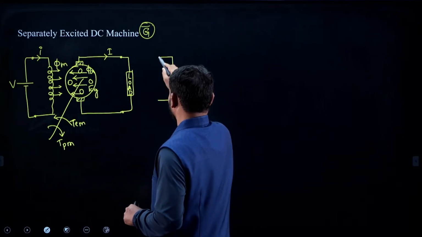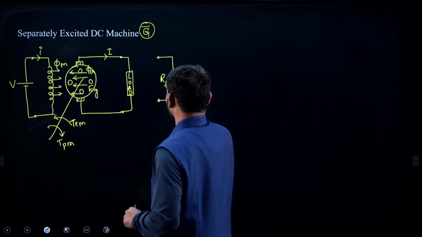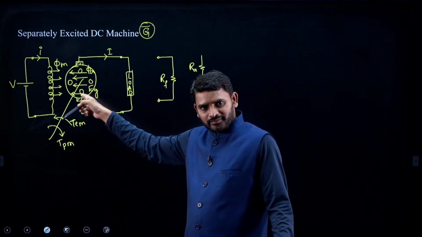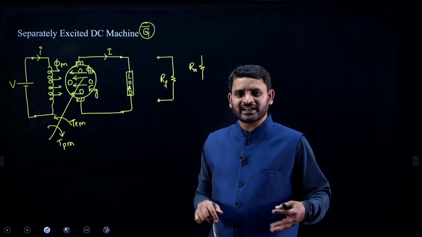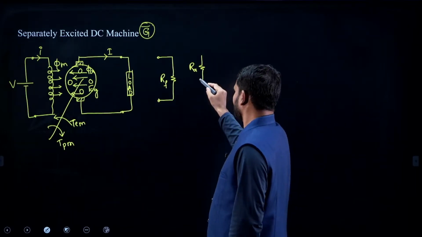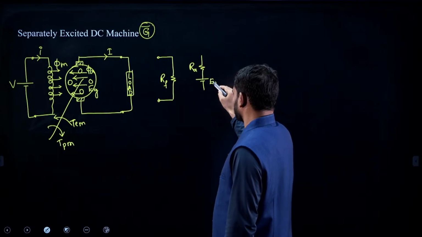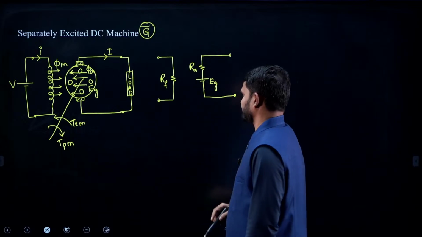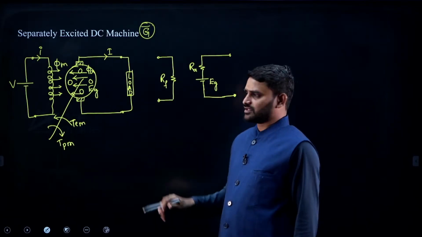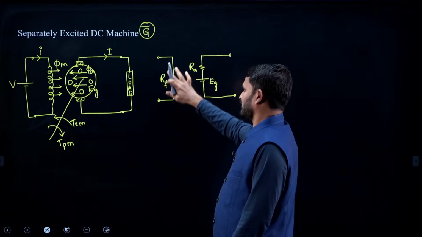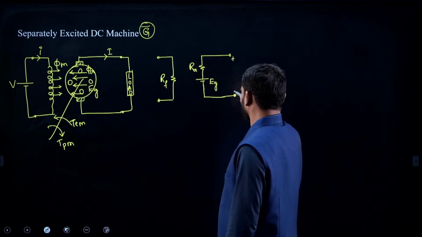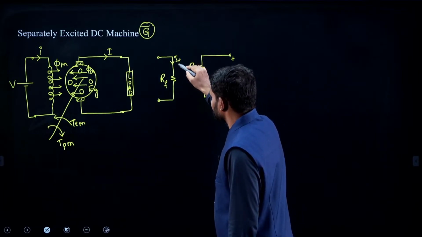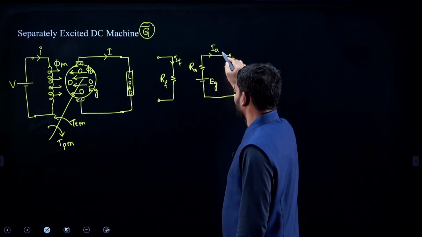Field winding I am just representing with a resistor, armature winding I am representing with a resistor RA. We have an EMF in the armature conductors, generally it is an alternating EMF, okay. Here I am representing a constant source EG. Now these are my output terminals, okay. I am not representing the prime mover. So this is how a separately excited generator equivalent circuit looks like. So let me call this voltage the terminal voltage. If you want to represent currents, you can represent the field current, and this is going to be the armature current,